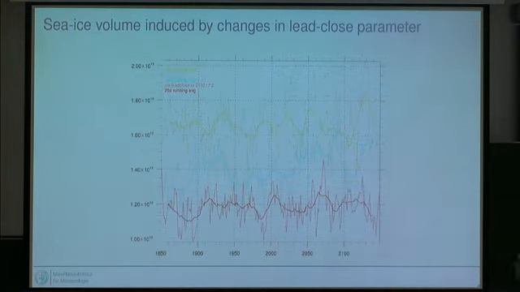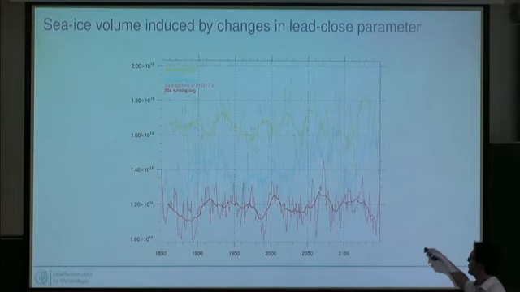This is a very bleak picture. I apologize for that. The reason for that is that we only finished those runs on Friday and I didn't have time to redraw them. What we did here was to see how much we can change things just by tuning stuff within the sea ice model.